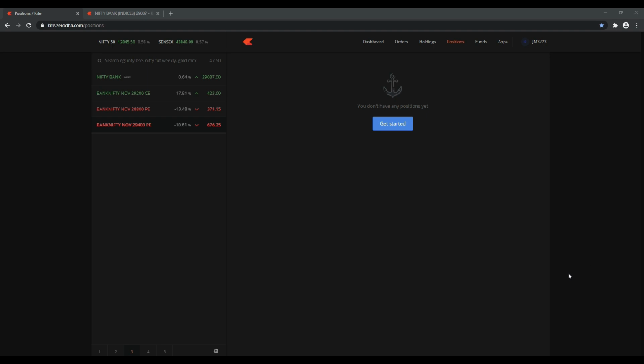Okay, I will try to show you some basic terminologies which we have to see in the Zerodha Kite account. Once you have the Zerodha account or any broker account, you will have things like dashboard, orders, holdings, positions, funds. All this will be the normal thing. Maybe the names will be different, but it will be the same thing which has the information. Dashboard is nothing but you will have your name and how much capital you have for using as margins. That's the thing you will have here.